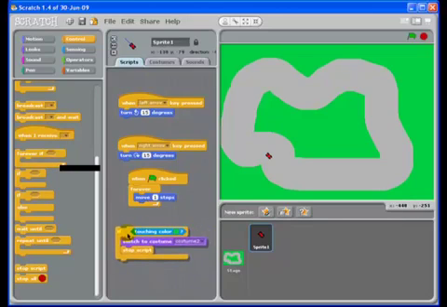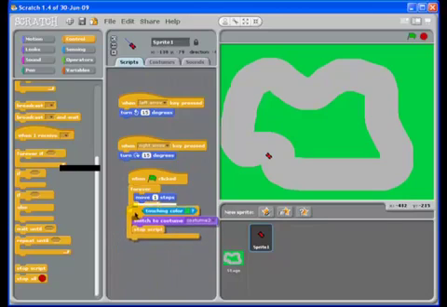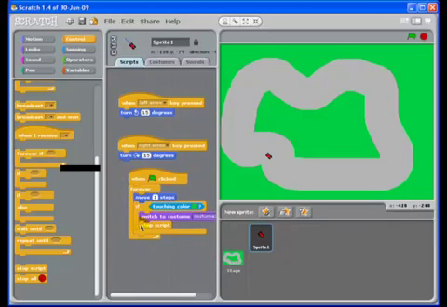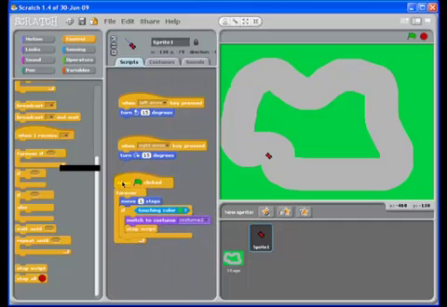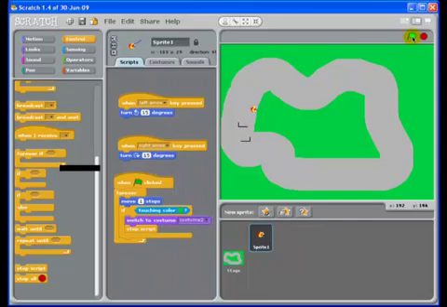Now where am I going to place this? Well, my car is moving one step forward all the time here, so I'm going to just drop this inside my forever loop, and now it starts to look rather complex, but if I build it up slowly, I'll have an idea of what I'm doing. So now, when I push the green flag, I'm going around my track. When I hit the green grass, it changes my costume to costume 2, and it stops,